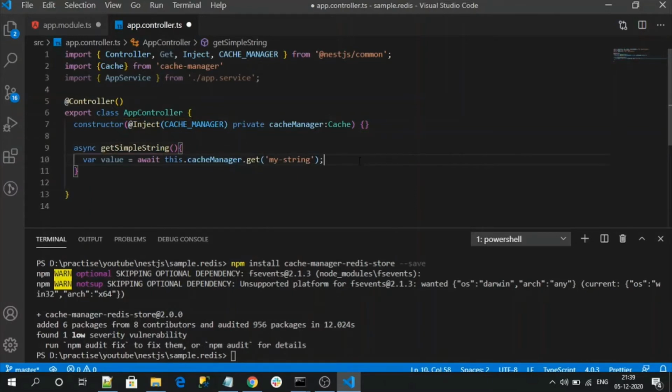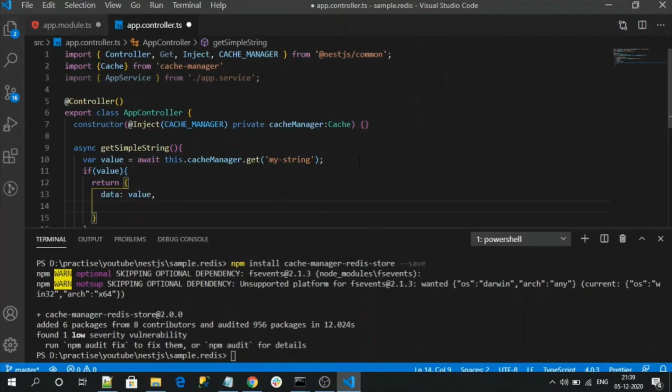Next, if I have data in my Redis store, I will return the data as the output from my endpoint. So let me return data as the value.